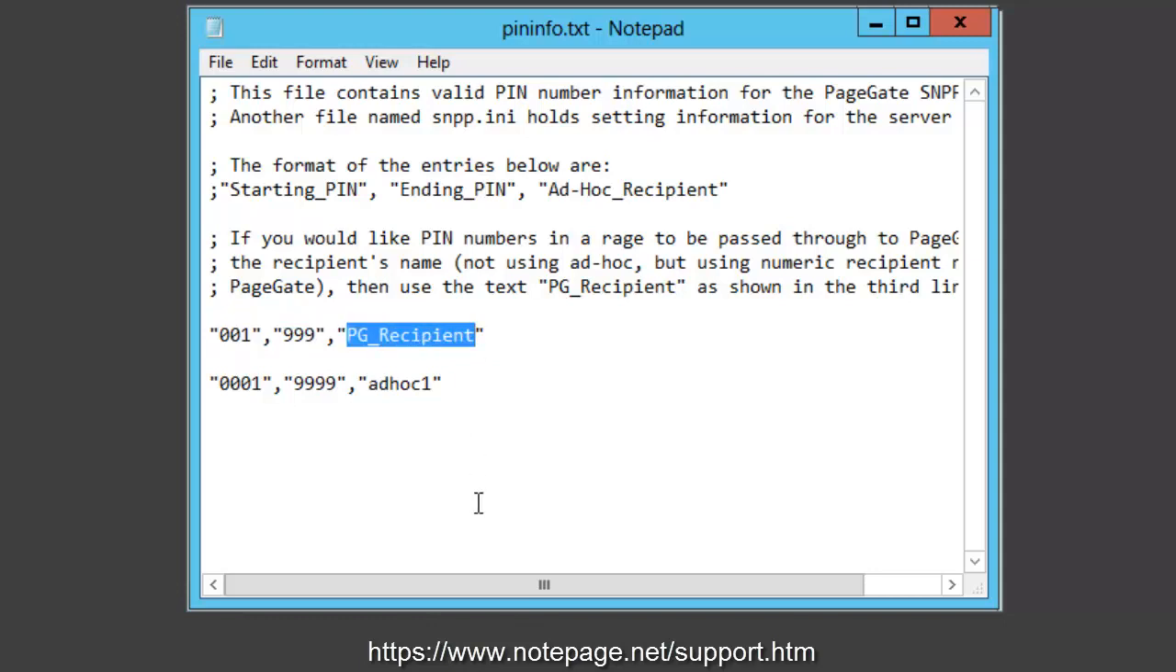If you would like an ID passed through PageGate in an ad hoc setup, use the name of a recipient in PageGate whose type is set to ad hoc. It's important to note that alphanumeric characters are allowed. For example, if we want the program to accept any value from A001 to Z999, you would use A001 as your starting range, Z999 as the ending range, and PG_recipient to indicate that these IDs should correspond to names of recipients and groups